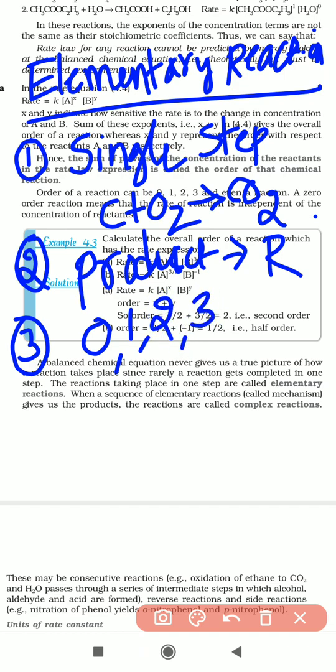Maximum 4 values will exist there: either zero order, first order, second order, or third order. So a maximum of 3 will be present, in third order. Higher order values do not exist in these simple, elementary reactions.